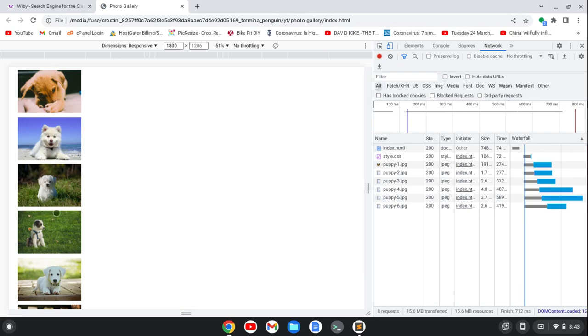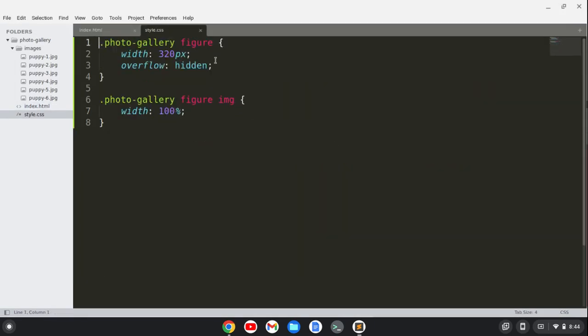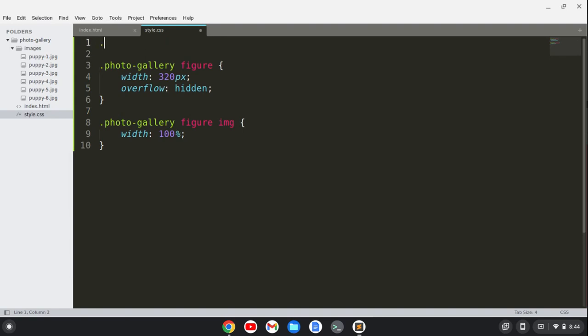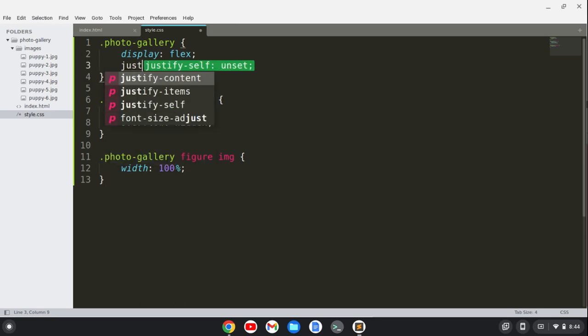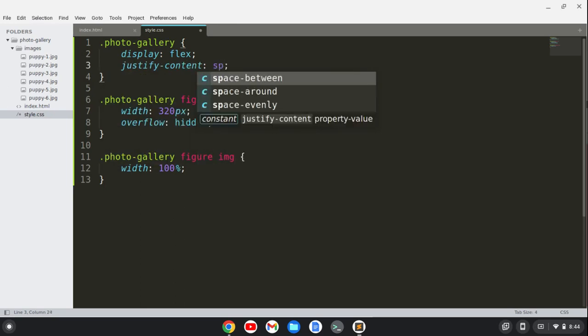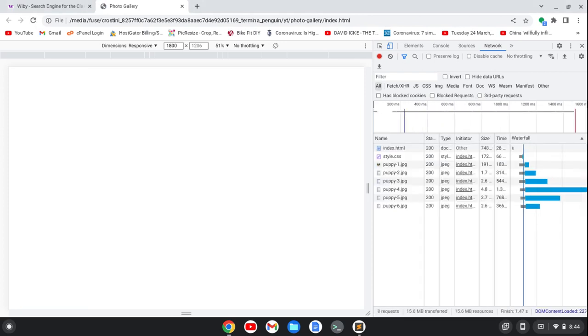But we're seeing the images appearing here on the left-hand side of the screen when the screen is 1800 pixels. We want them in a nice grid of 3 and 3. So what I'm going to do for that is go to the photo gallery and create a display of flex. And then we're going to justify the content and space evenly. Okay, so now if I refresh,